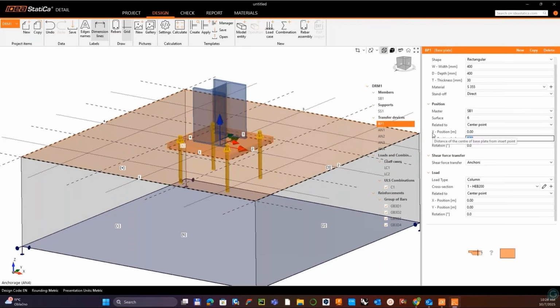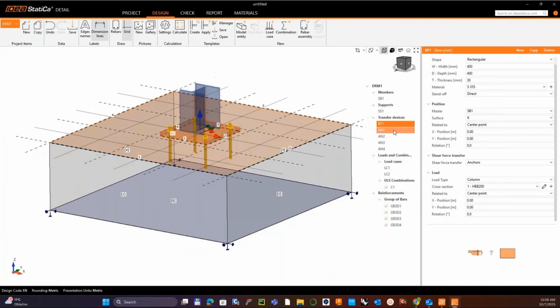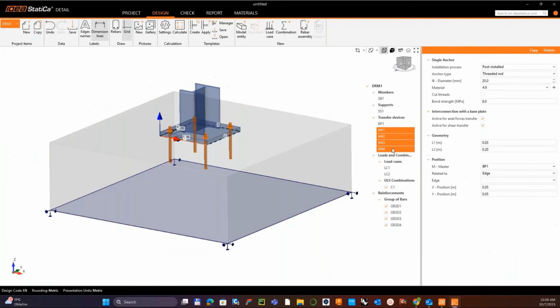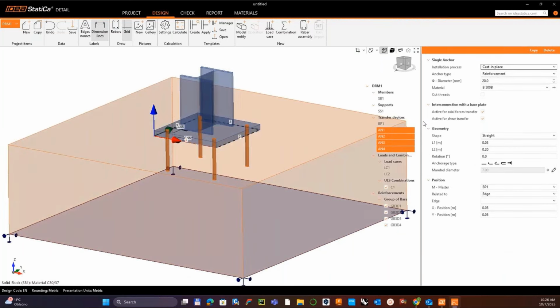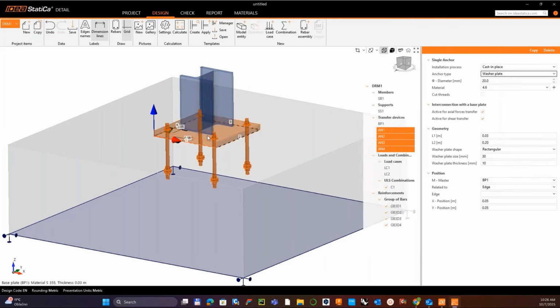Yeah, so the positioning using the center point, and from the anchor perspective, I will just show you that in the cast in place. As you can see, those are the anchors that have also been in version 25, but we are enabling you to add some cut threads, which reduces the area of the anchors, and some washer plates with definition of the washer,